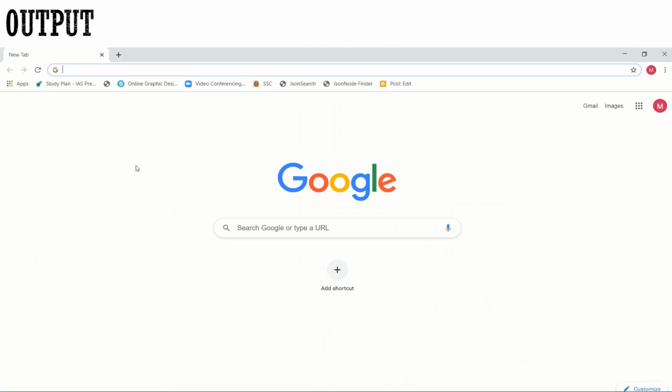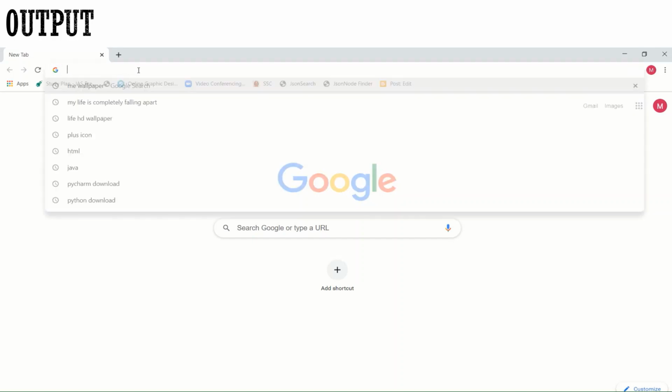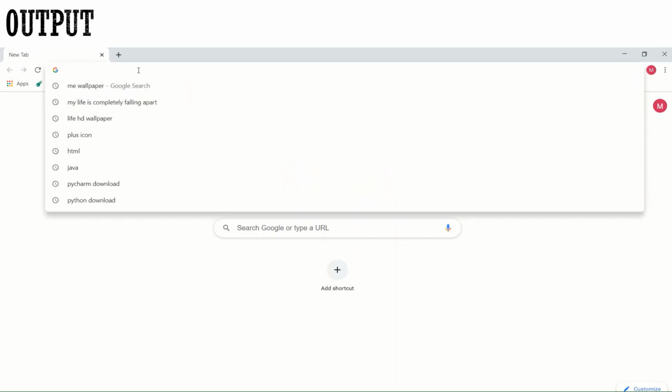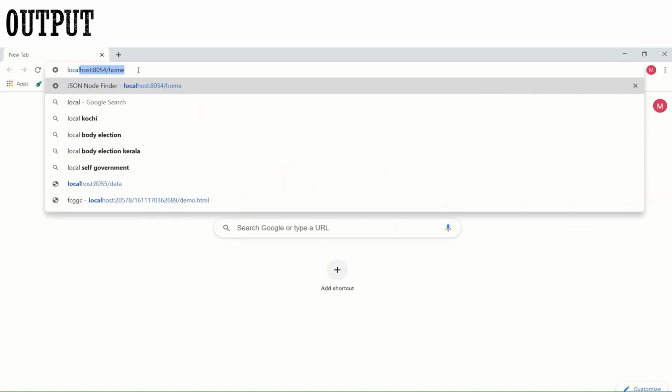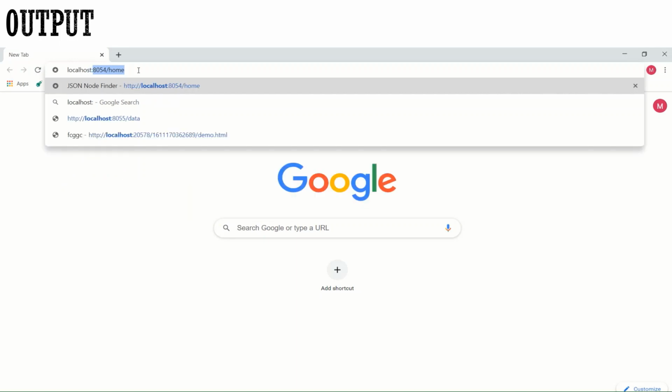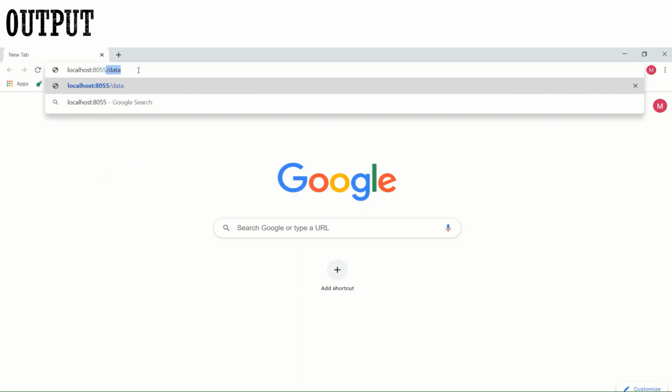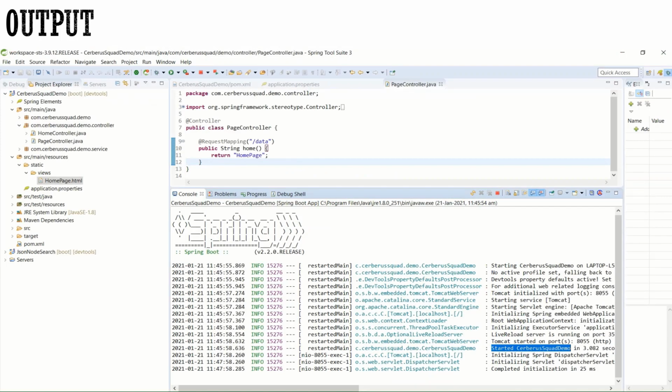So we have come to the point of seeing how the output will look. Now what we need to do is the controller calling. So localhost colon 8055 slash, whatever controller mapping you have provided here.